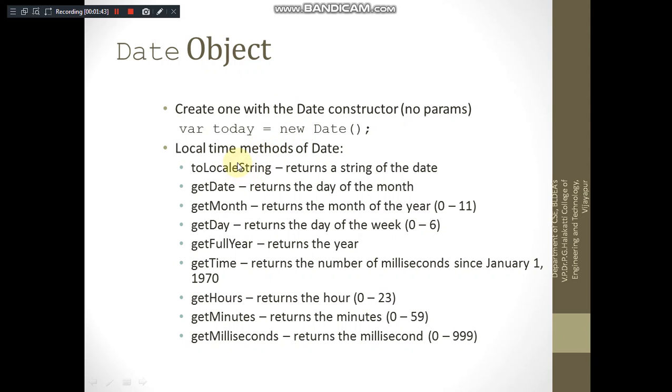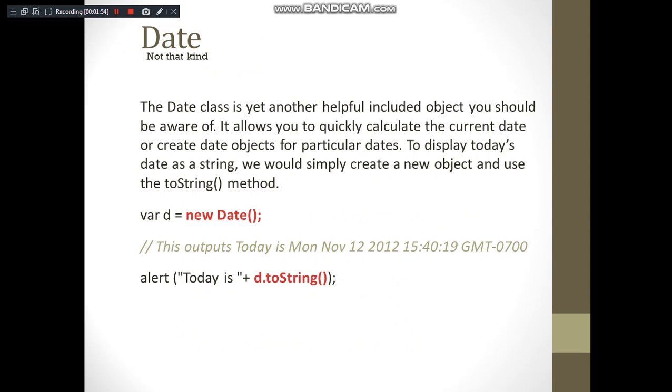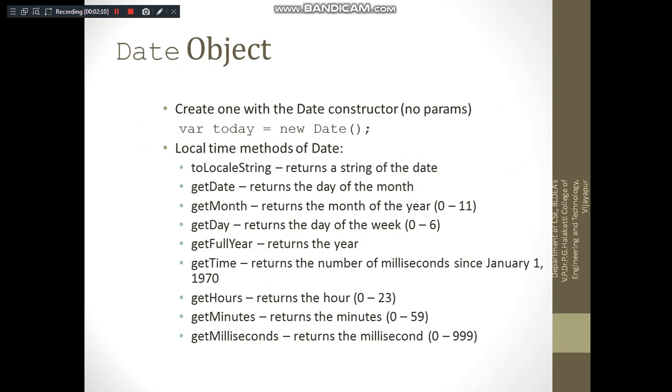These are the different methods available to extract the time format or to deal with the time part of the date. So here date means it is including time also. You have seen here it is displaying day, month, date, that is the day of the month, year, time, that is hour, minute, second, format, everything, right? So you can take a part of this also. toLocaleString will return a string of the date rather than a date object.